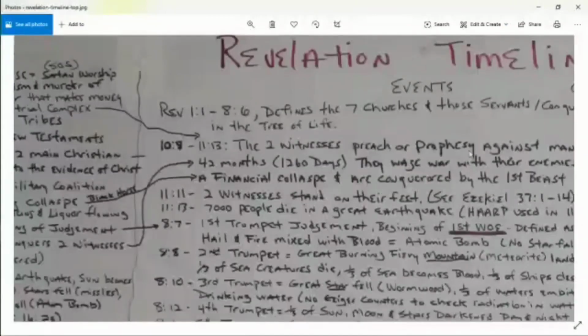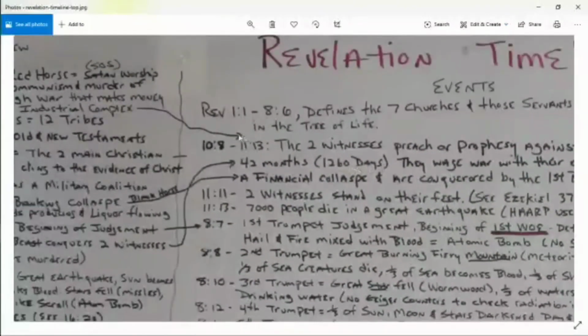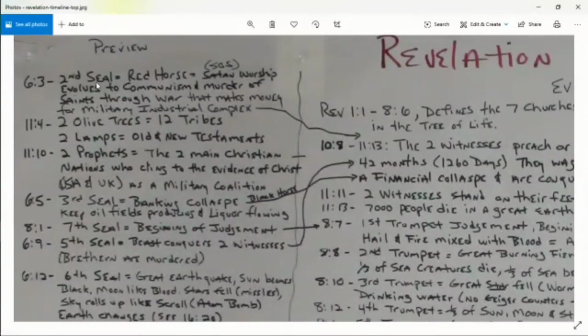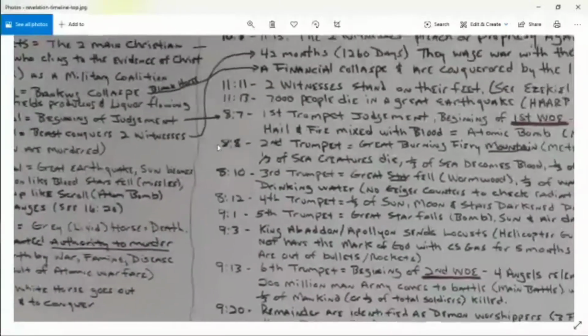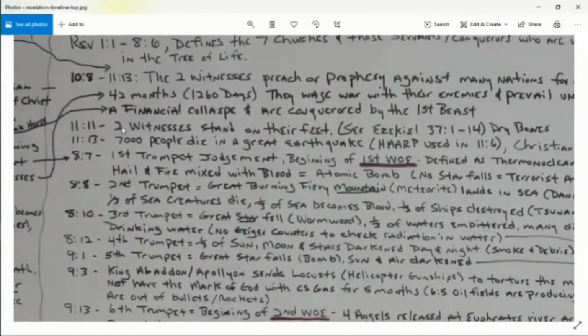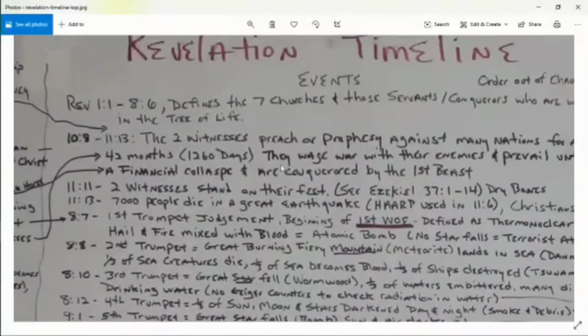So I've got this Revelation timeline, and we're just on the top. I've got a top and a bottom. I relate the seals, which are your horses, and I put them in a little bit different order, which may not be correct. At any rate, in 6:1, the first seal, the white horse goes out conquering and to conquer. But if you look at what it says in chapter 11, the two witnesses over here in chapter 11,